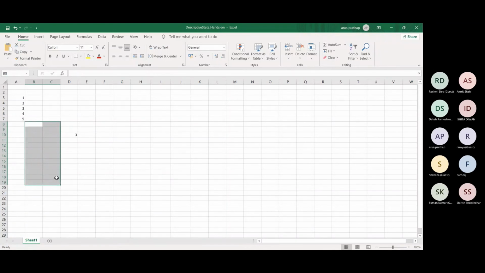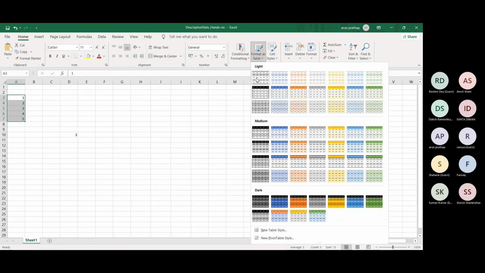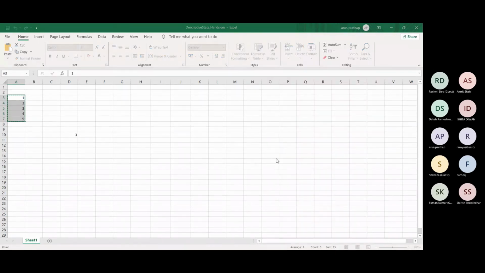Then the third way is something that is more useful, which is what is called a pivot table. When we go to Pandas also, we will learn what a pivot table is. To make this a pivot table, there is a Format as Table option here. You have to first choose something out of this. Anything will do, so I will just choose the first one. Then it will ask what's the data for your table, and whether my table has headers or not. You have to select one option.